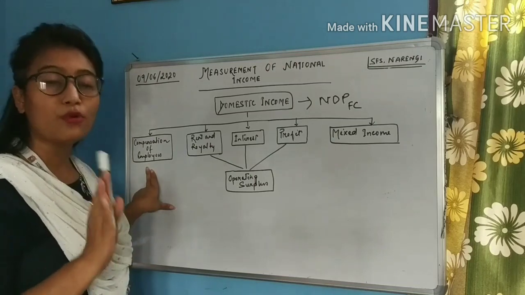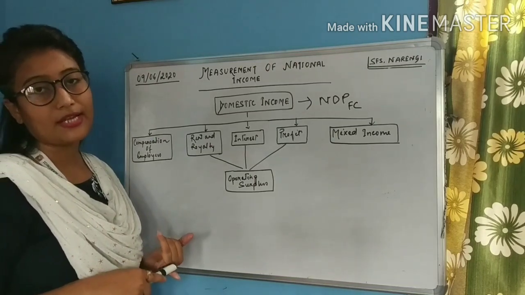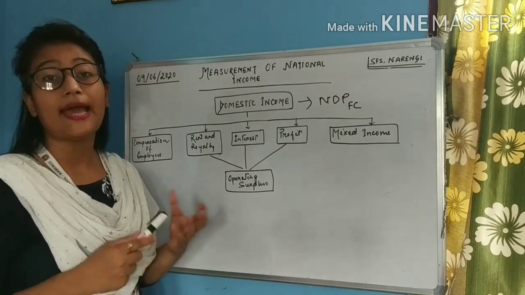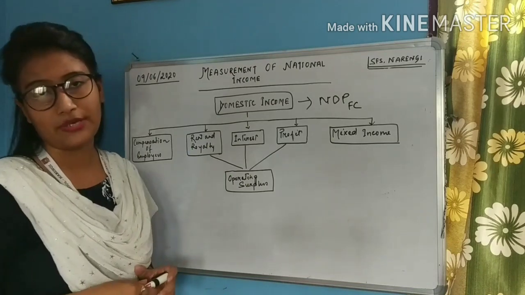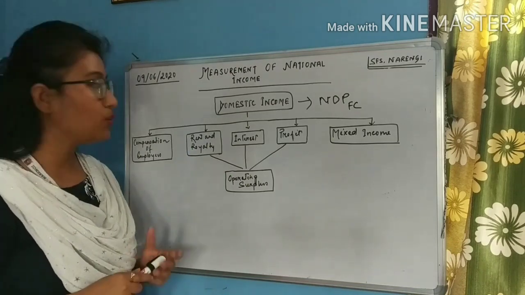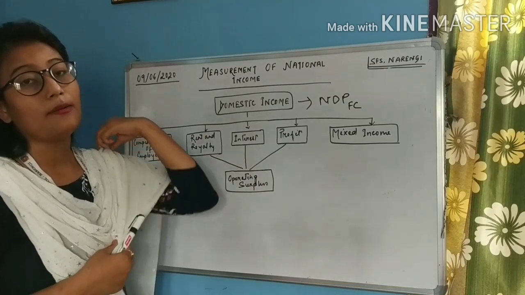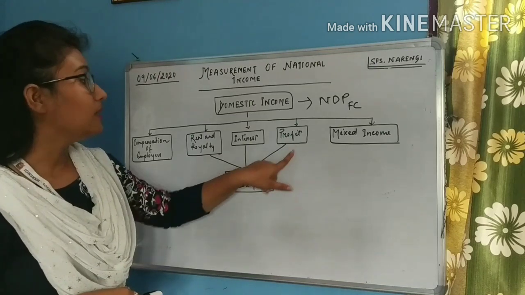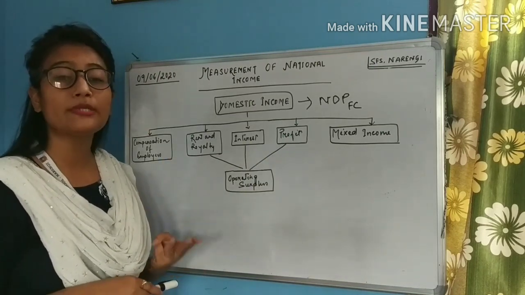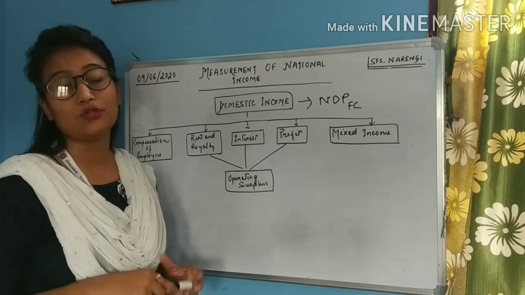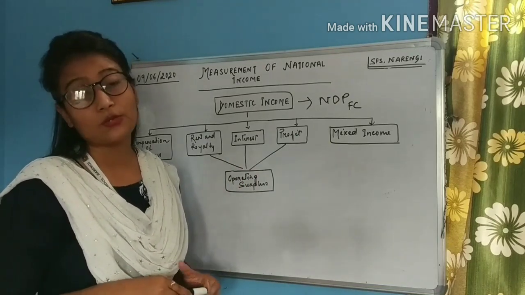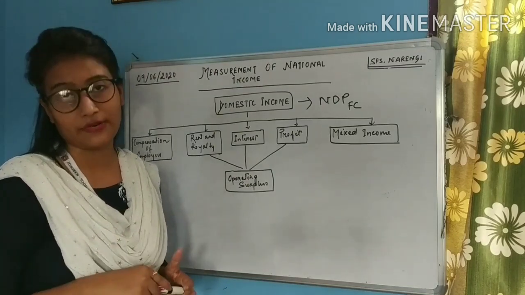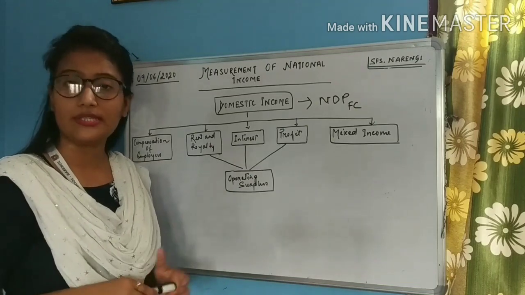Under compensation, there are 4 subcomponents: salary paid in cash, salary paid in kind, the employer's contribution to the social security schemes, and the pension which is given post-retirement. Okay. Rent and royalty, we all know the meaning. Interest, that is the money which is given for lending out money or loans. The profit can be used for 3 purposes: for giving dividends to the shareholders, for paying corporate tax, which is also known as profit tax or business tax, and sometimes it is kept for future use as undistributed profit or retained earnings, right?